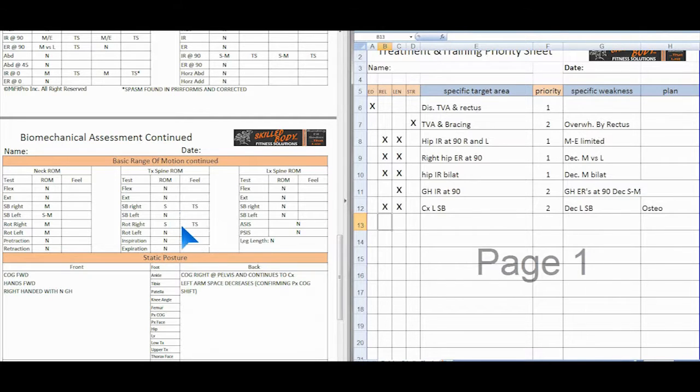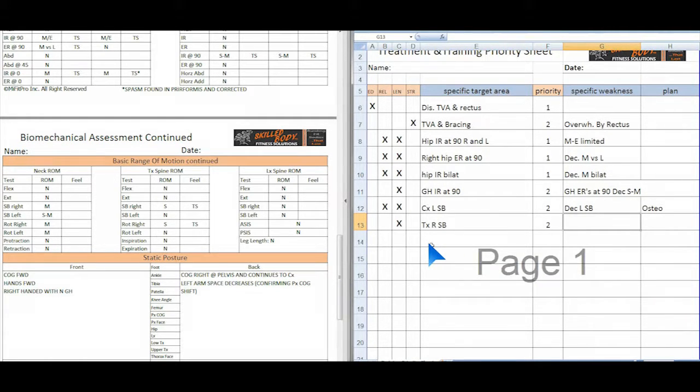In any case, back to our priority list, side bending right. So it's slightly decreased, so I'm going to give him something to do. So release right thoracic right side bending, and I'm going to put it as a priority 2. It's a slight thing, so you could maybe even put it as a priority 3 depending on how many priority 1 and 2 items you have. I do revisit this often, and I'll change priorities and that sort of thing. So thoracic side bend